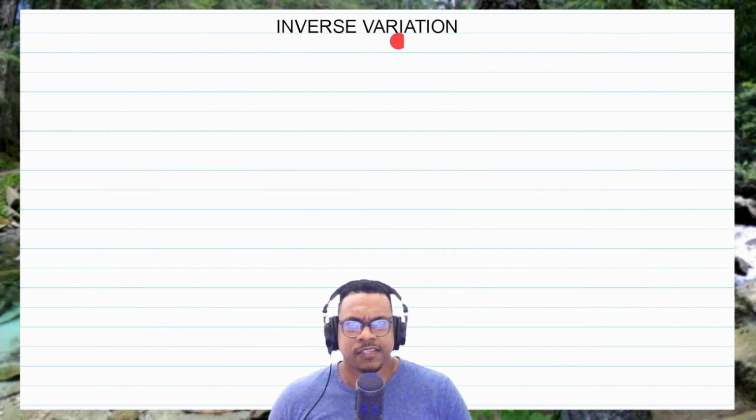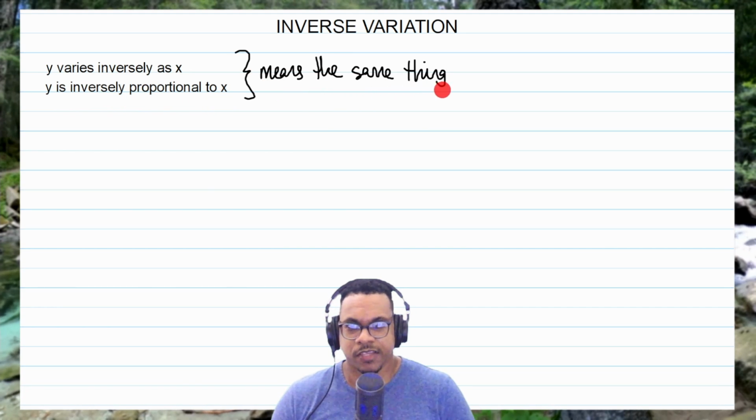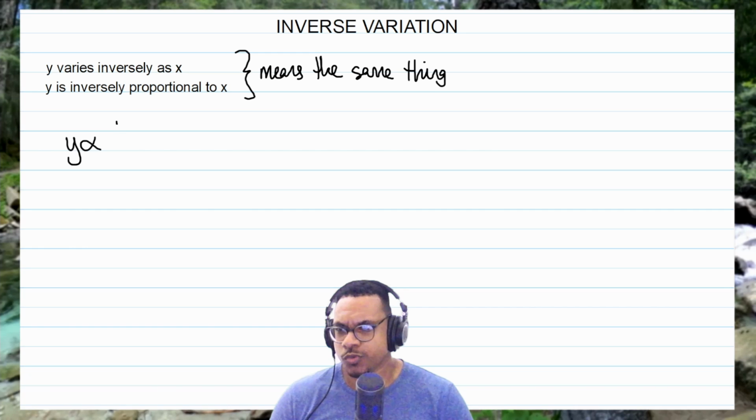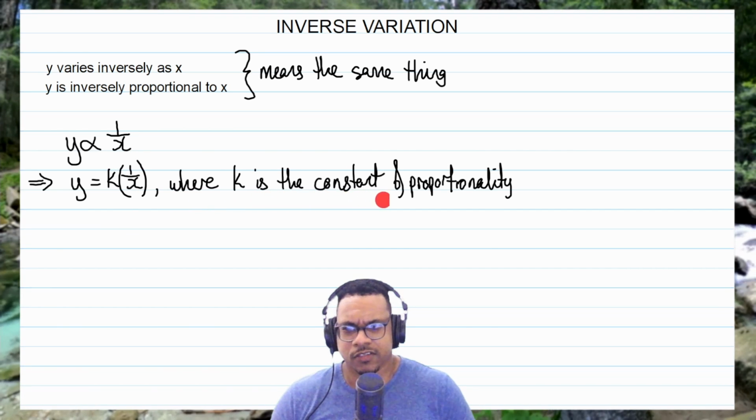So now we look at inverse variation. A statement y varies inversely as x, or y is inversely proportional to x, means the same thing. So to write the statement y varies inversely as x, we would write y is proportional to 1 over x. So that would imply that y is equal to k times 1 over x, where k is the constant of